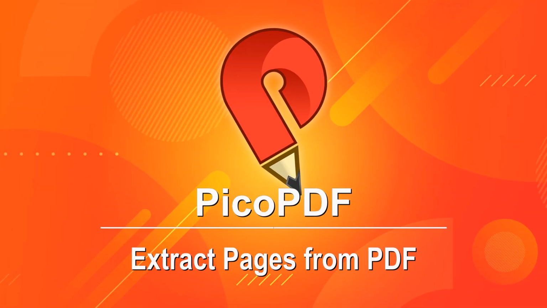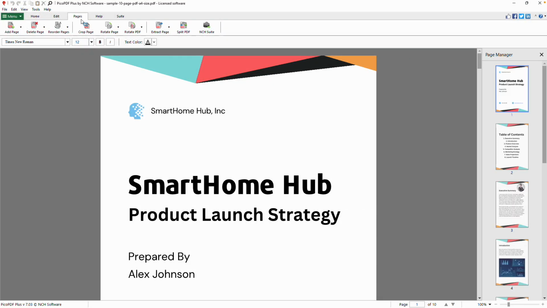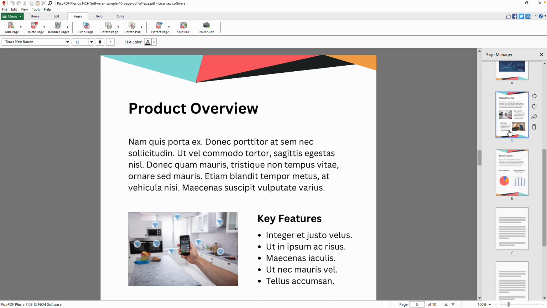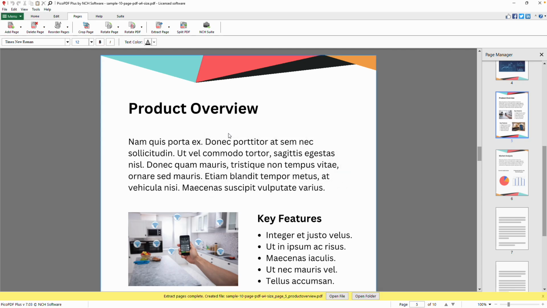Extract pages from PDF in PicoPDF. Open your PDF file and navigate to the Pages tab in the toolbar to access page-related options. In the page thumbnails, select the page you want to extract. Click the Extract Page button on the toolbar, choose Extract the current page, and select where you want the extracted file to be saved. Continue watching this tutorial for more details on how to extract pages from PDF files with